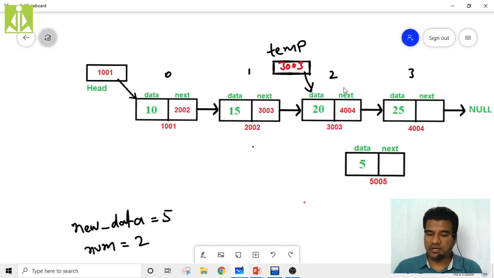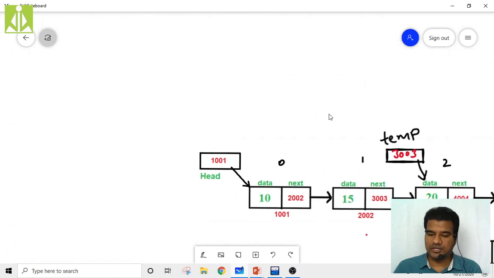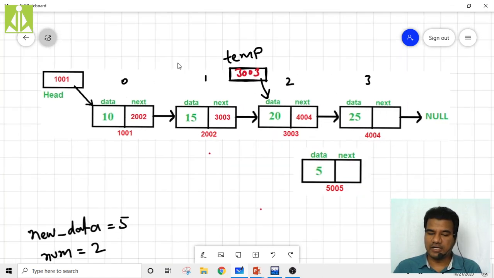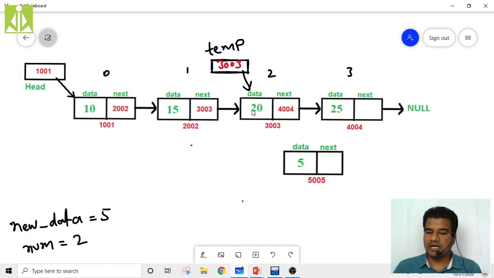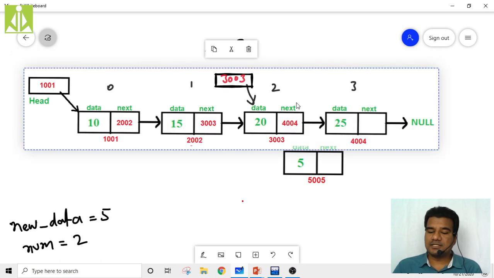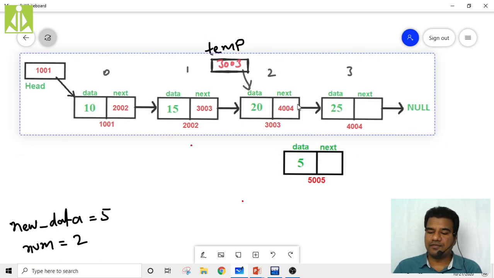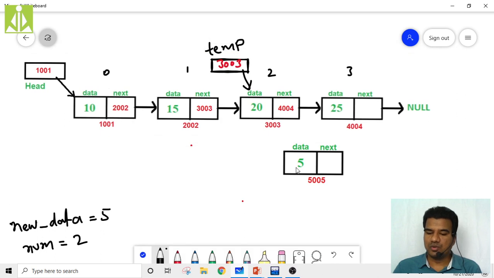Current location means this temporary pointer only. We are currently pointing to this 3003. So whatever next we have inside this 3003, make that same thing the next of your new node. Don't forget this one. This is your new_node.